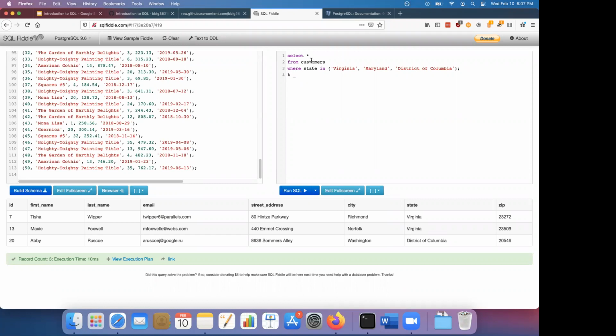So what we're going to do is look in our customers table for anybody whose first name is like BE percentage sign. And what this is looking for is any name that starts with B and then has anything after it, or starts with BE and has anything after it. So if I run this,